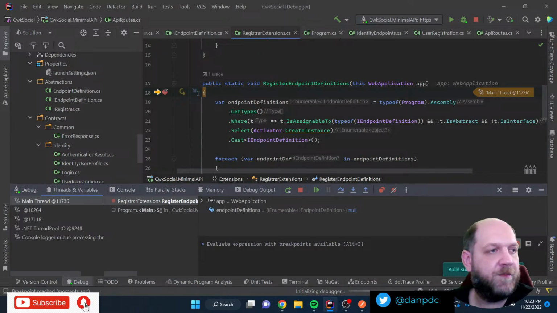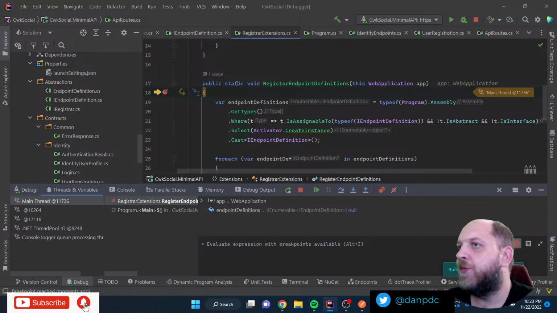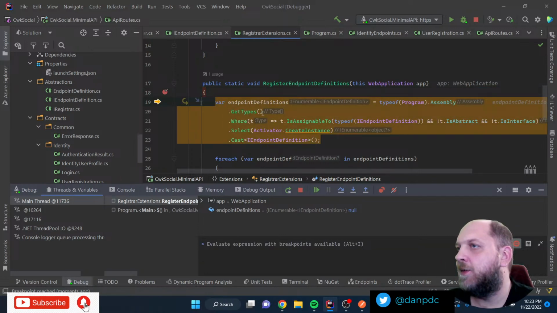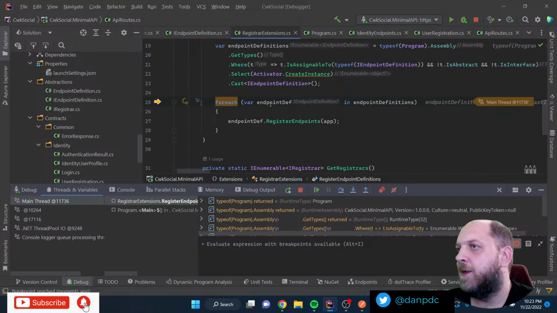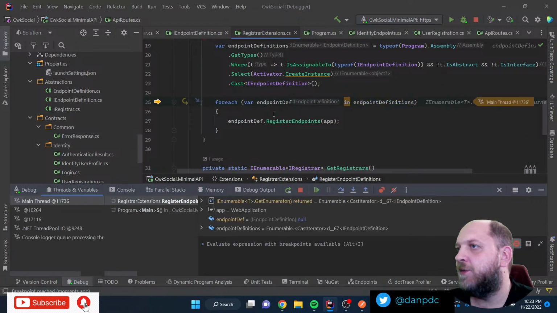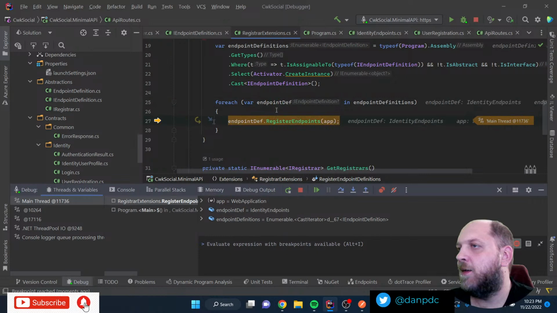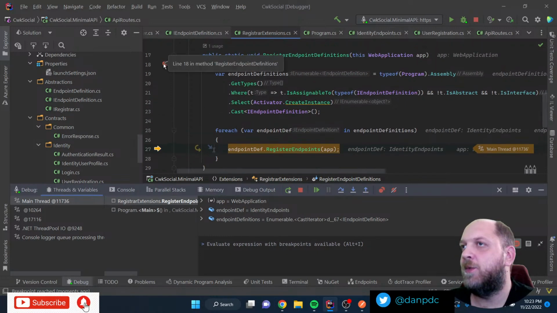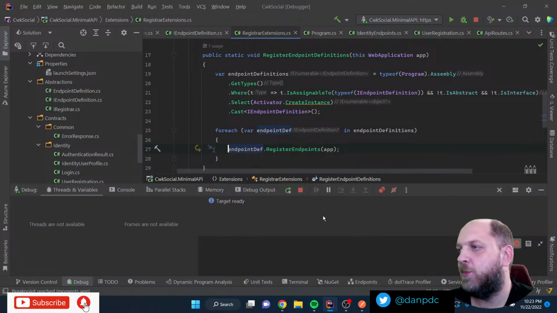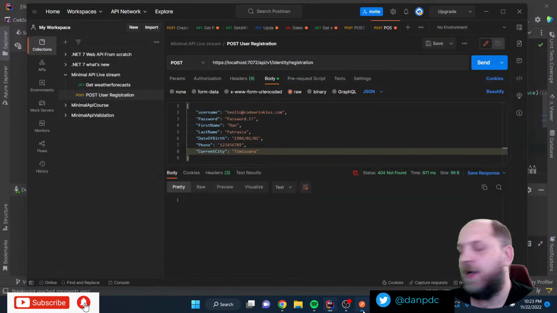So it builds. The API route says registration as the endpoint, but you call registering in Postman. Thank you very much. Yeah, indeed. Nice catch. That was indeed a problem. Cool. So we hit this endpoint here. Let me see endpoint definitions, and for each endpoint definition, yeah, it did register one. So that's cool. We are good here.